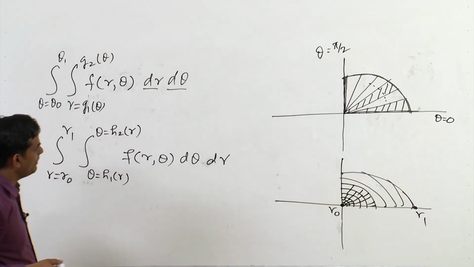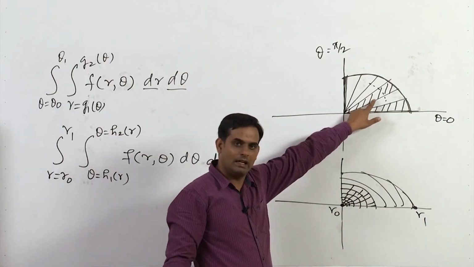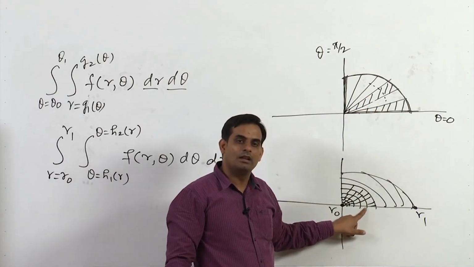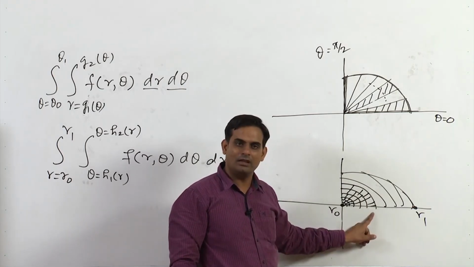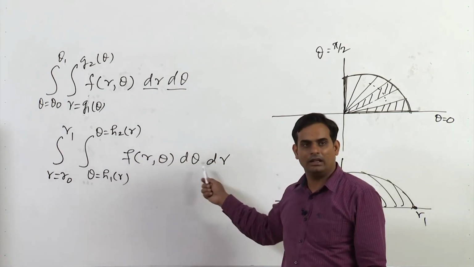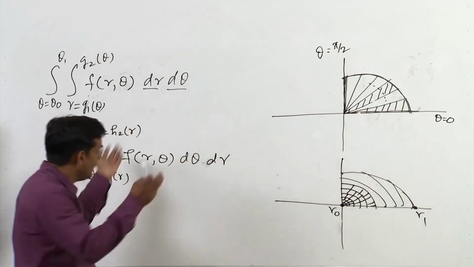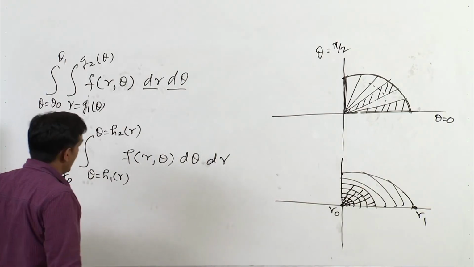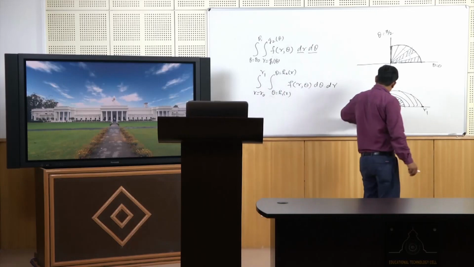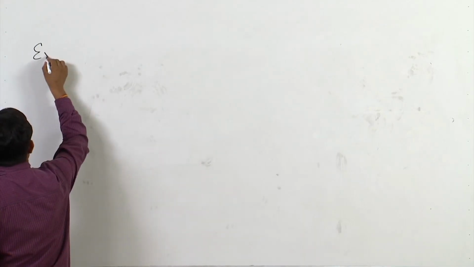So, changing the order means if you are taking this kind of strip, that is the radial one, make it circular, or if you are having circular, meaning you are having the order d theta dr, make it radial. So, this is the idea of change of order of integration in polar coordinates. Now, let us take one or two examples of this case. So, my first example is